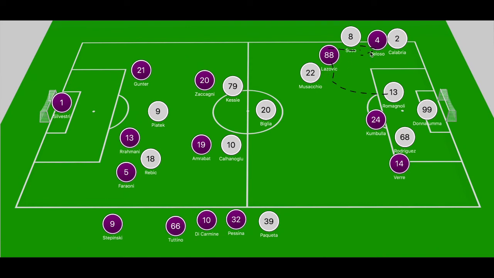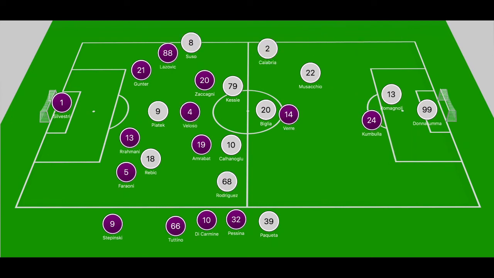And with Kumbula still in the box, Lazovic's cross goes over Romagnoli and Rodriguez, who were occupied by Kumbula, the center back, and you see Verdi peel off it and side foot his effort off the post that nearly beat Donnarumma. That was their best chance, and when you break down that entire second half, shortly after that, it was